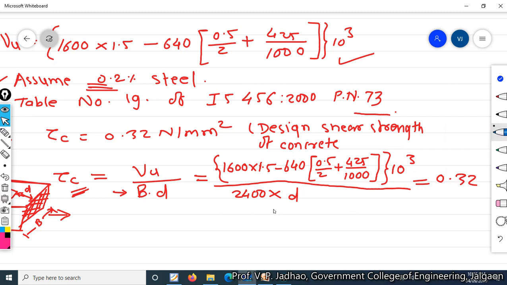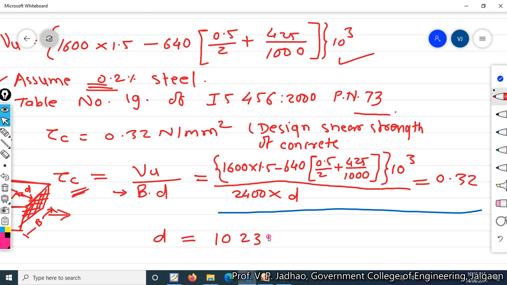Now just solve this equation, you will get the value of small d. So we get the value of small d equal to 1023 mm, 1200, sorry, 23 mm,